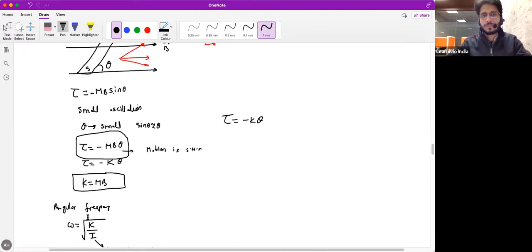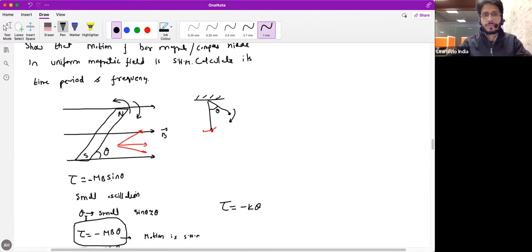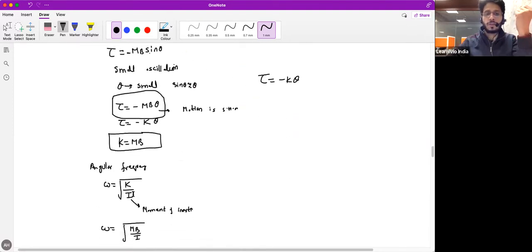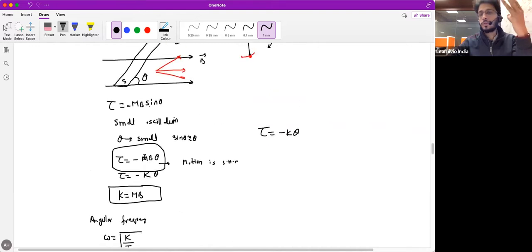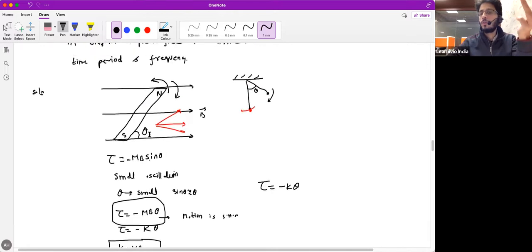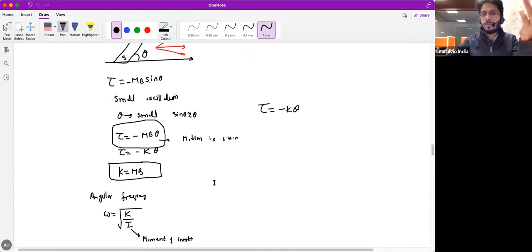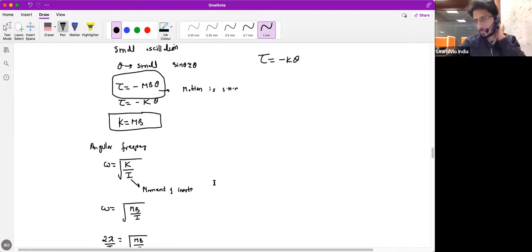Note it down. That's an important question. Right. Same repetition of electrostatics. Sir, will this question come in MCQ type? Yes, it can, because you can get three types of MCQs on this question. The first one is what type of motion this dipole has in a uniform magnetic field. It's SHM. Second is on the time period. Third is on the frequency.